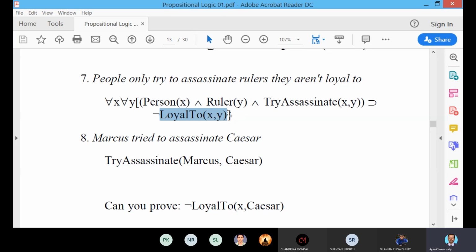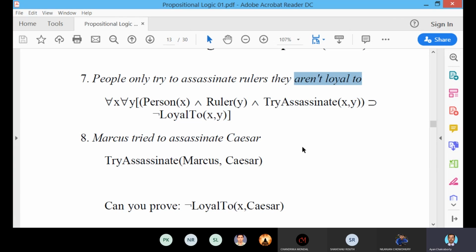So loyal to within brackets x, y means x is loyal to y. But in the sentence they have said, "are not loyal to."